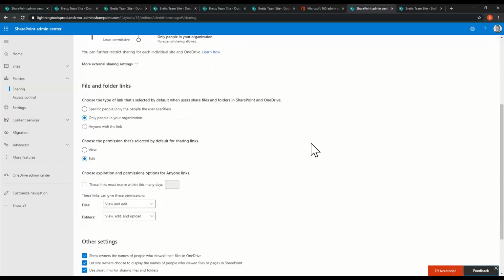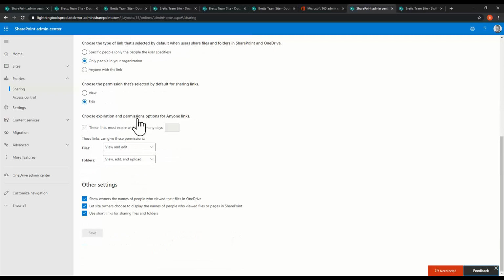So there's some options there, and as you scroll down, you'll see that there's some file and folder link sharing options as well. So do you want this to default to only people in your organization, or you can basically change that type of link, and you've got the default permission that users would get, either view or edit, and remember that's contribute, not edit, and then also the expiry. So in here you can specify that these links will expire after a certain amount of days, and you can do that as you share it, but if you want to set a default value there,